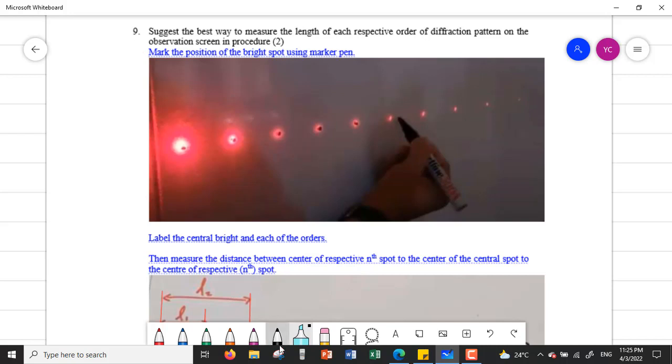We are going to identify the central bright spot and label it as 0 order, and then each of the orders follows with the first order, second order, third order, fourth, fifth, sixth, 7, 8, for example. Okay, then after we do the labeling,